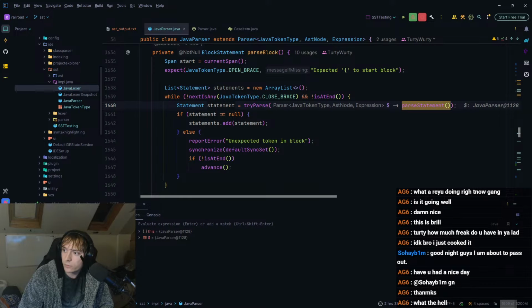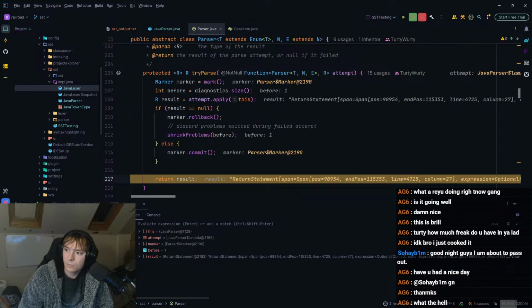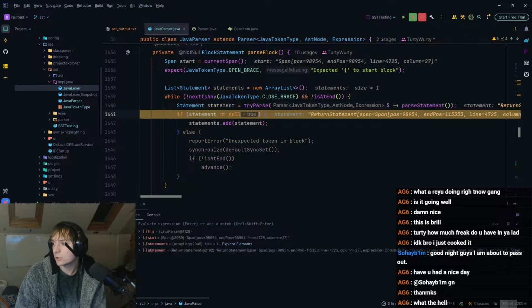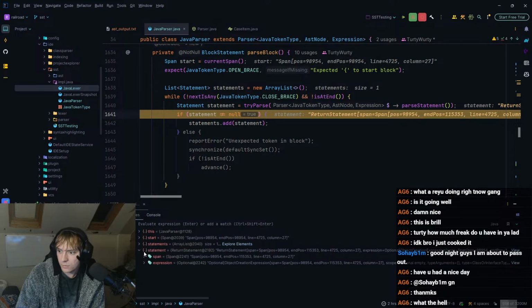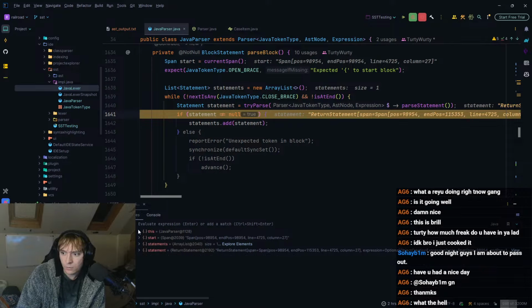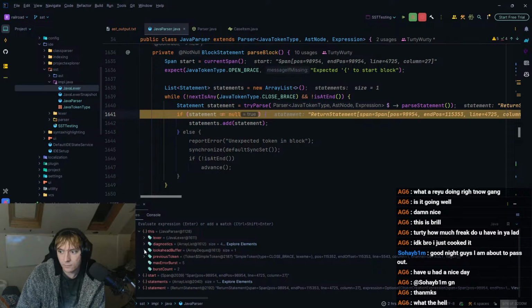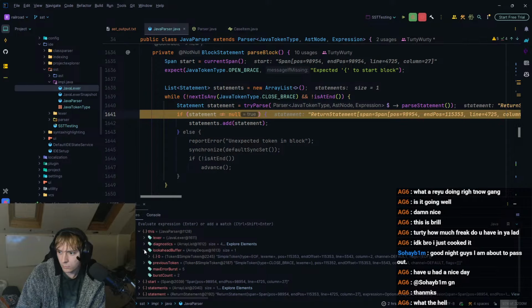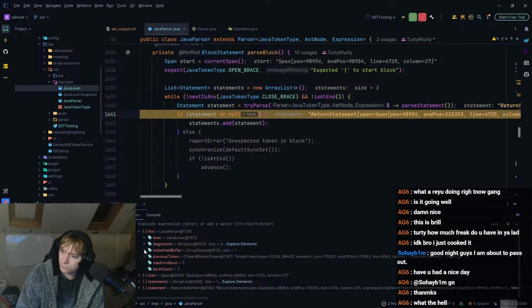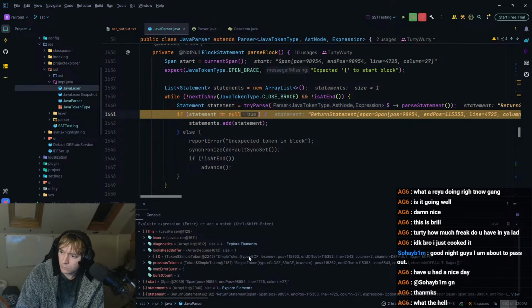Okay, so it's passed a return statement. Let's see what it's actually got back from us there. So statement, yeah, I mean, this is all fine, right? Let's just see what the look ahead. Oh. The next token is end of file.